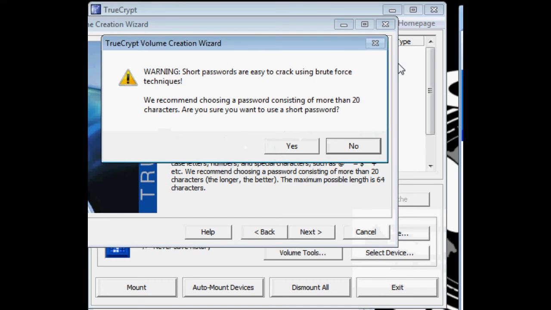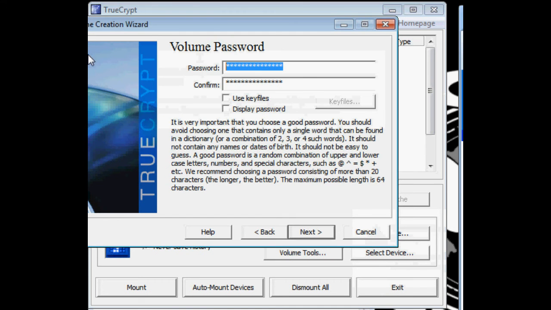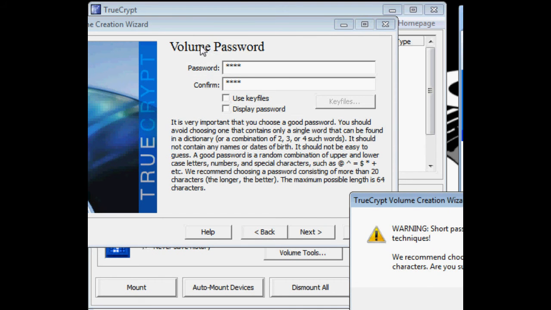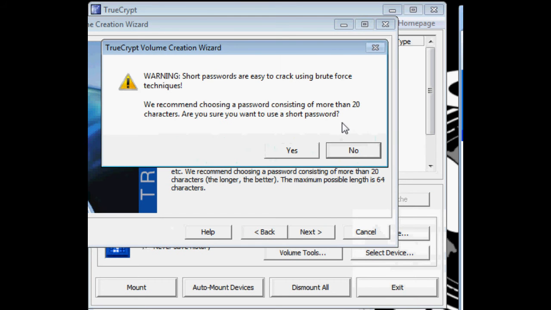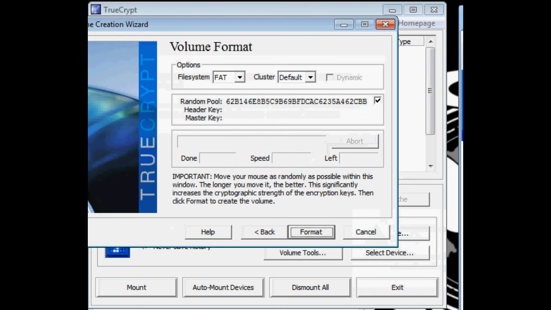So here it is. To make this easier, because this is just a tutorial, click yes. Move your mouse as fast as you can for 30 seconds. And remember to move your mouse inside the window.